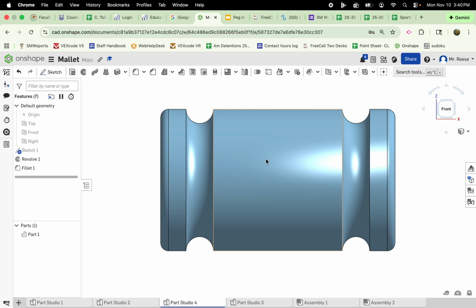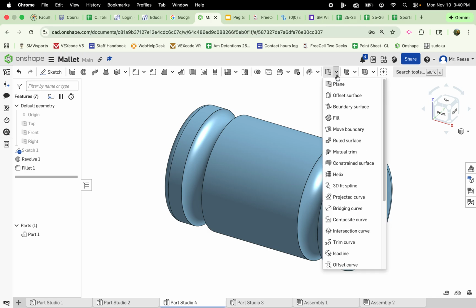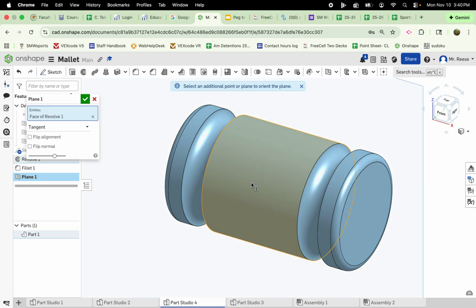All right, the next thing I need to do is put a hole in here. Now, since it's a cylinder shape, it's a little bit trickier to do this part. So what you want is to click on the plane tool. So first thing I do is click plane. Now make sure that this part here says tangent. That's very important. And then just click the middle of your